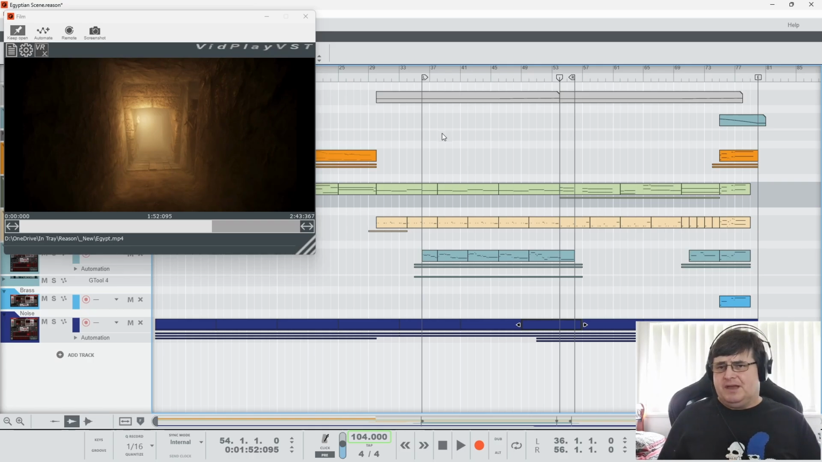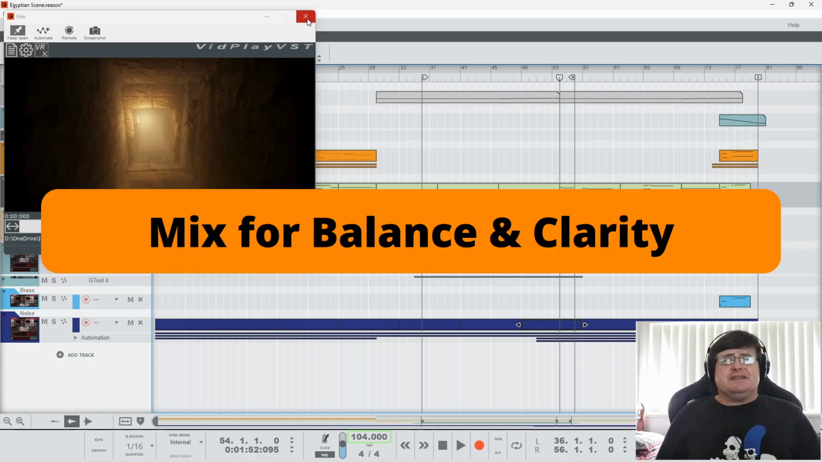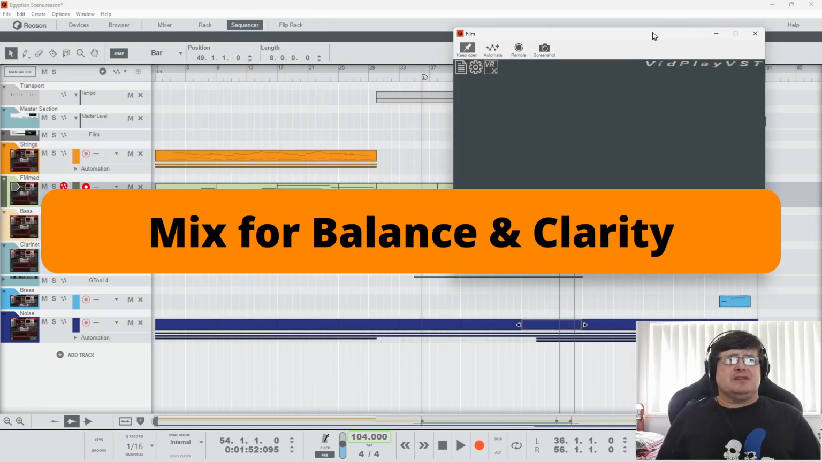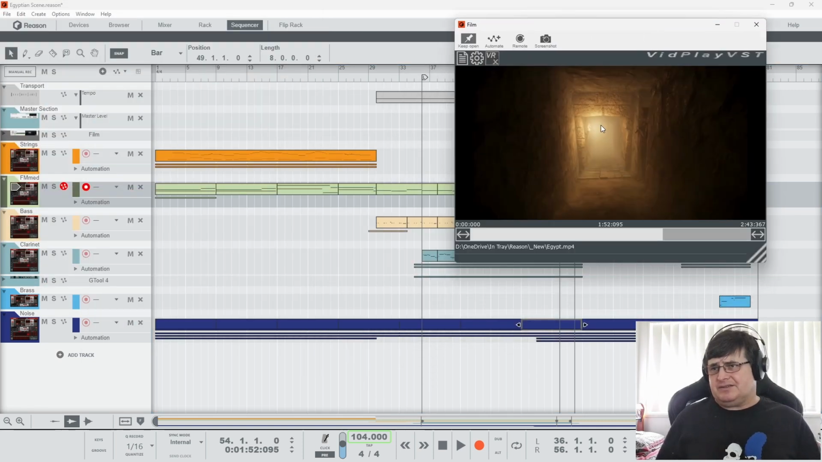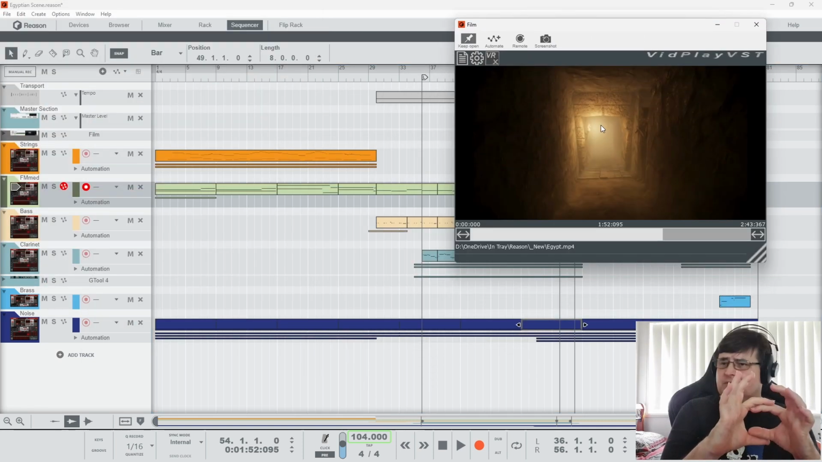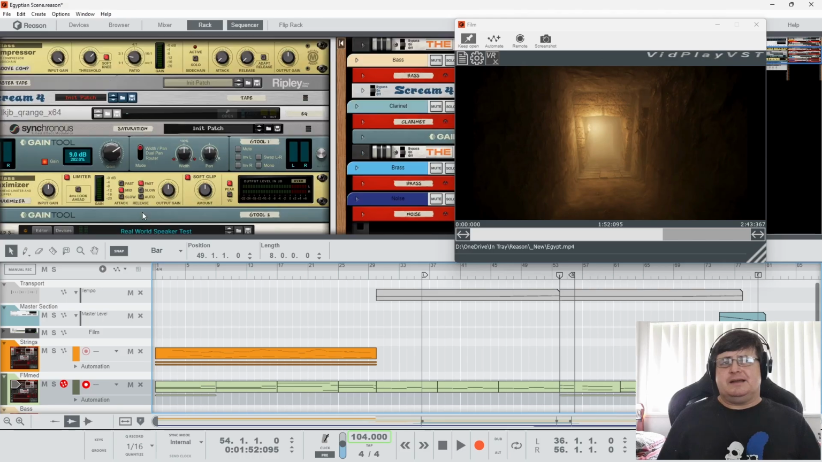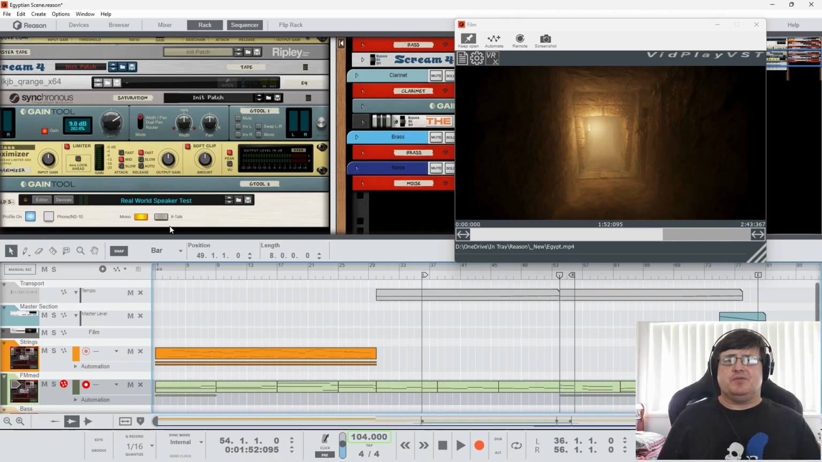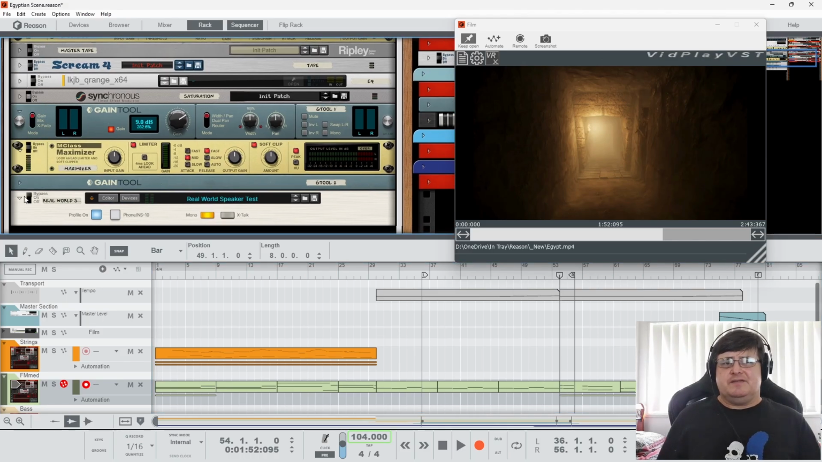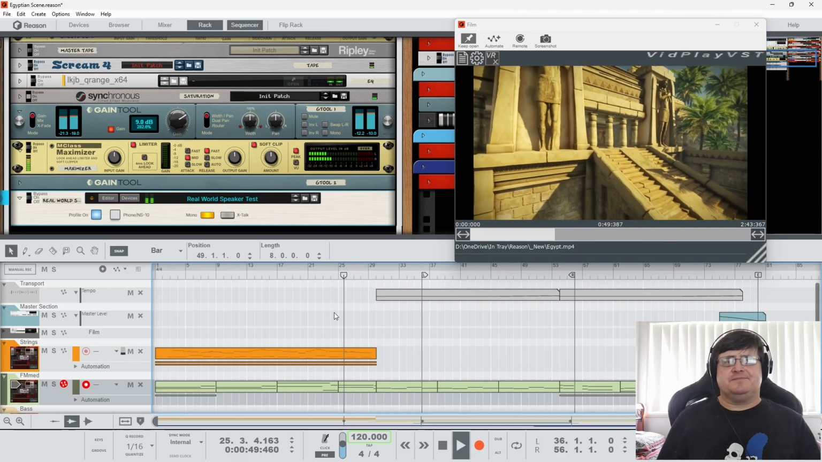Not cool. When it comes to mixing, obviously we want to mix for clarity more than anything else. Remember, primarily people listen on little speakers. So if it isn't going to work on, and I never tested this, but I'm sure it will work just fine, if it's going to work on a laptop or something like that,